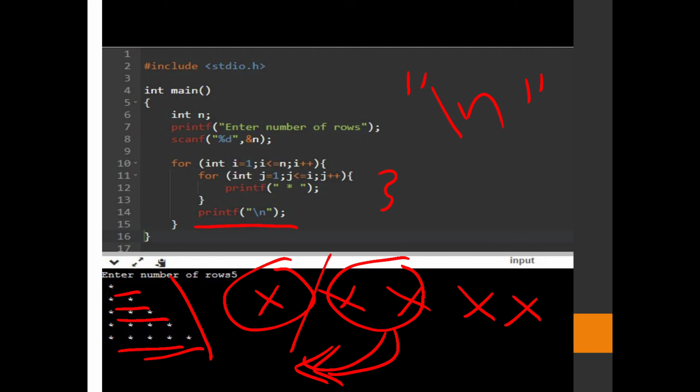I have made a few changes in this program to make a mirror image of this pattern. The mirror image of this pattern would be like this.